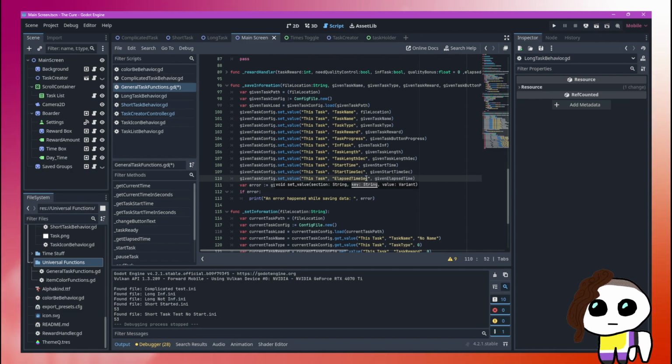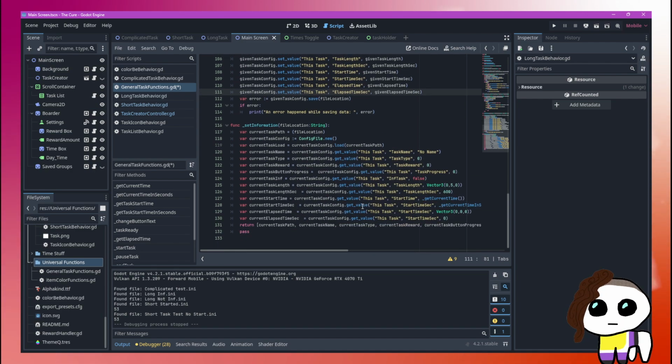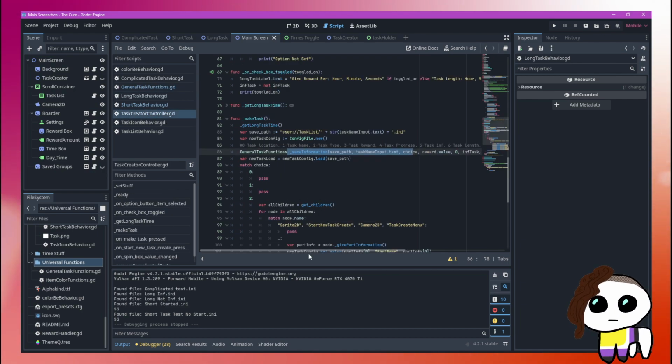Elapsed time, elapsed time. This one is seconds. Okay. And then in here, I also need to save this correctly. Elapsed time seconds. Okay. Now when I save this, all of these are going to start complaining because this is